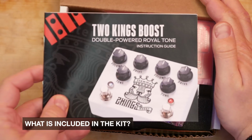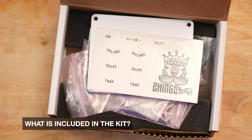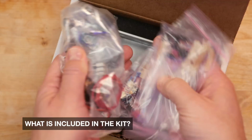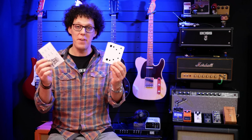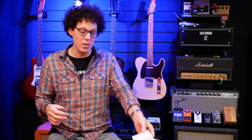The all-important instruction guide in full colour, the PCB and daughter board, stickers, the back of the enclosure painted white, all the components you need to build the pedal, and the enclosure itself also painted white. The first thing to do is to move the enclosure and stickers to one side. We don't need them yet and I want to keep them in pristine condition, just like I did with the